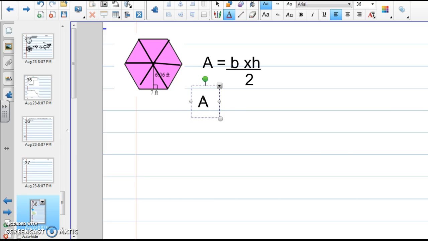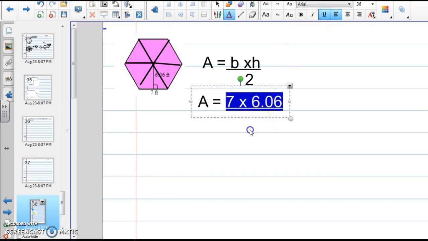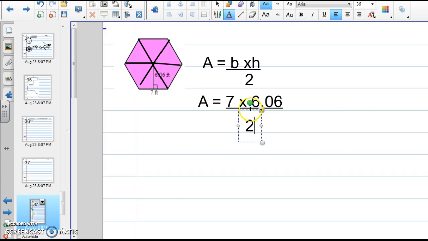If you plug in the numbers and you look at this triangle, the base is 7, the height is 6 6/100, and after we multiply that, we will divide that by 2. So all I'm doing now is plugging in those numbers. You were able to use your calculator, so when you multiply 7 times 6 6/100, you actually get 42